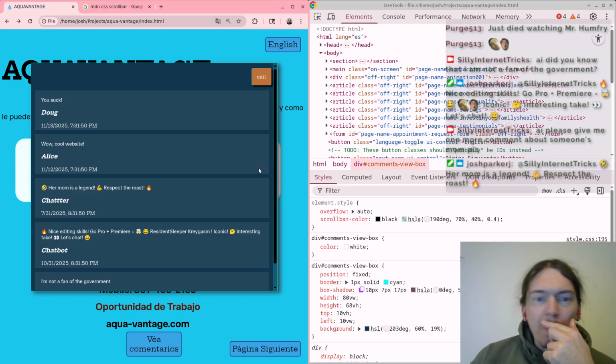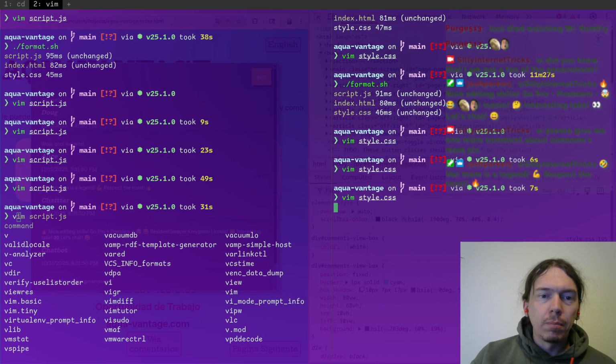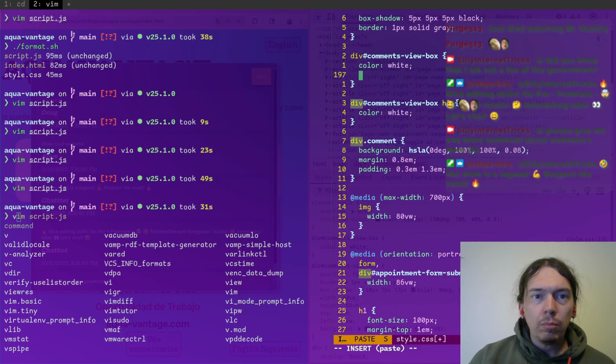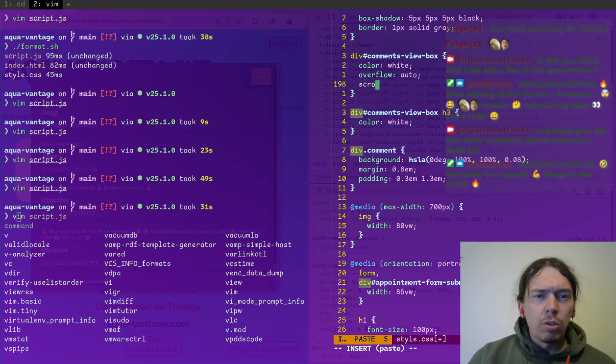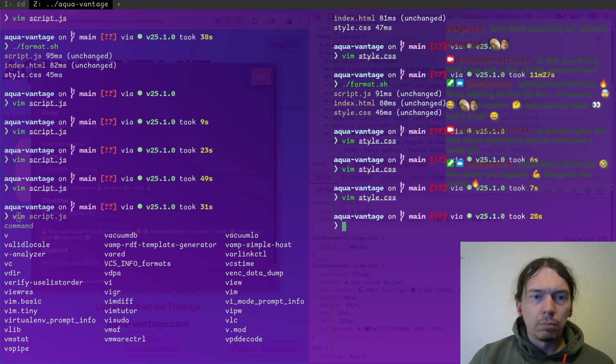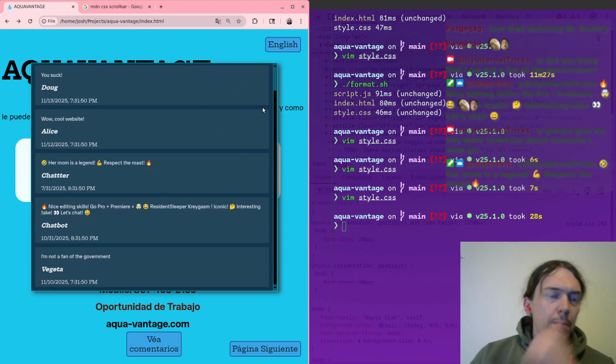So, let me put these into here. So we want to say overflow auto, scroll bar color, black. All right, pretty good.